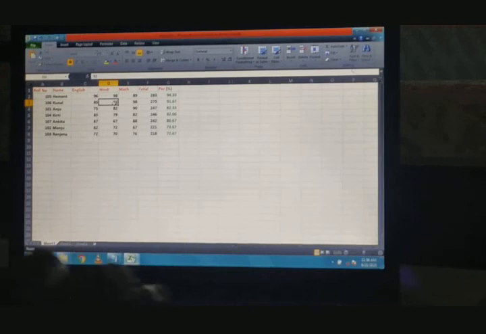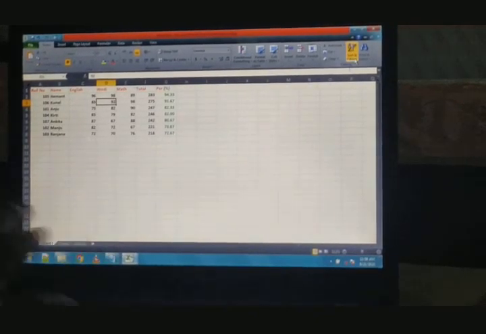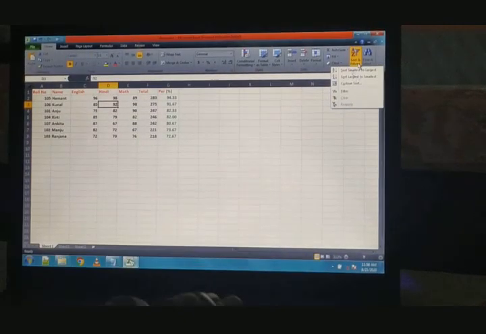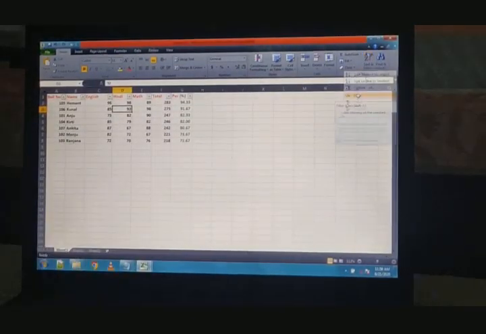Firstly, you have to select any cell from the Hindi column, that means column D. Here I select cell D3 according to your book, and now you have to click on the sort and filter group on the Home tab. Now click on the filter option. This is the filter option.